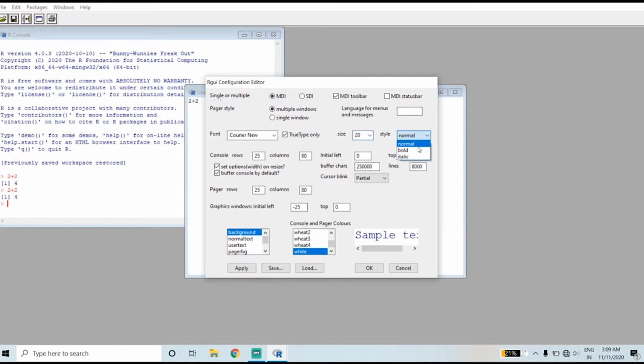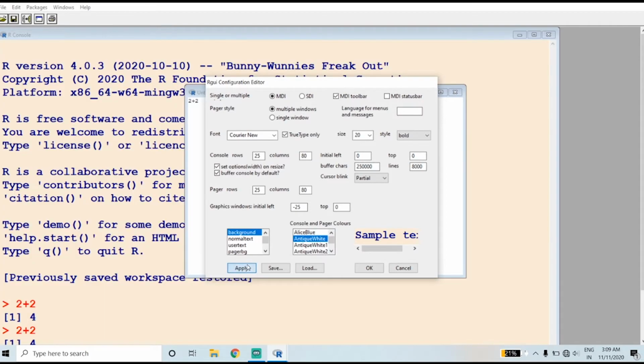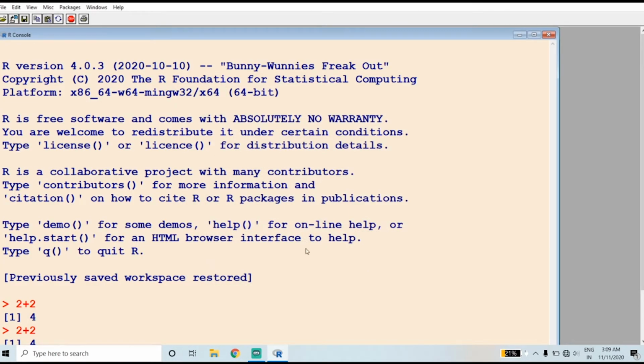Then Style, Bold. You can see the preview here. Then I am changing the background color. Various colors are available. So here I am choosing antique white. Click on apply. You can see the difference. Now the background color has changed and also the font size increased.